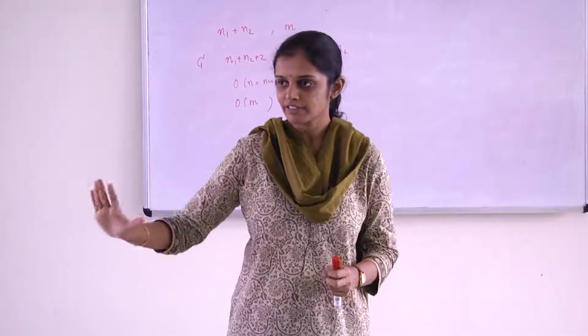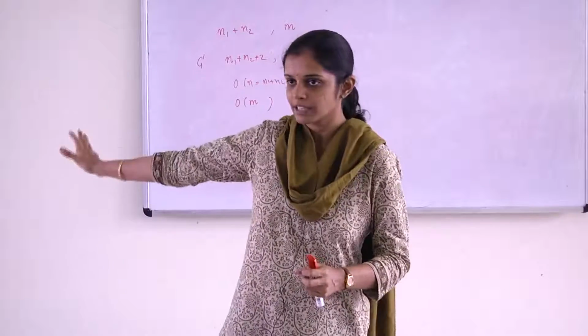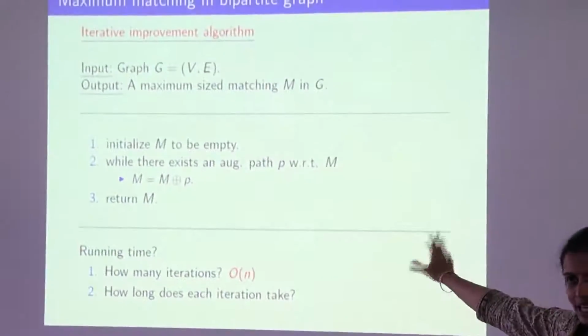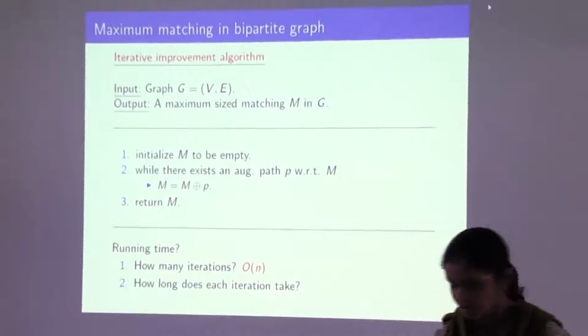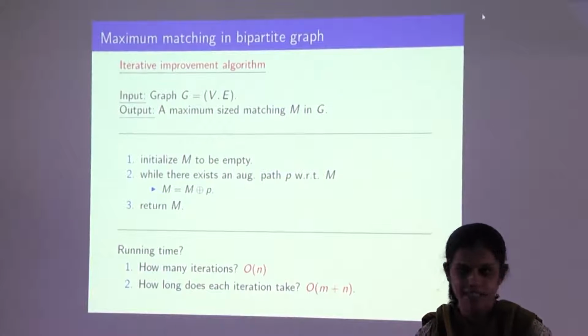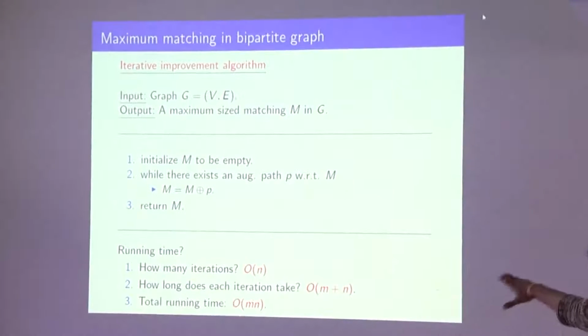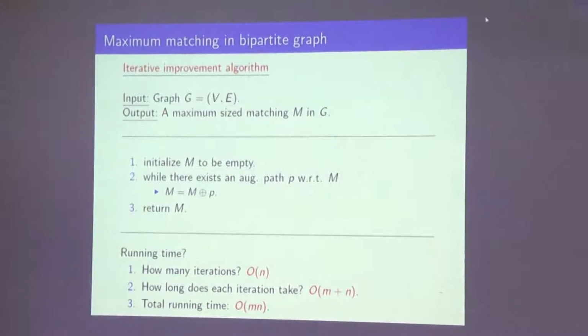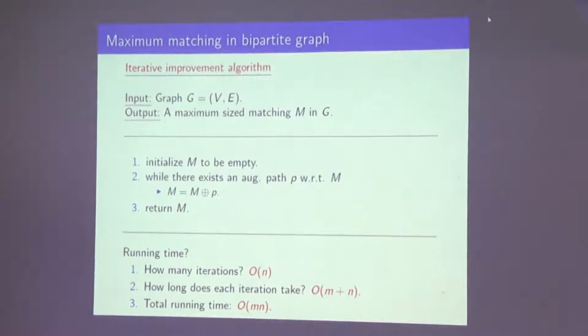When you have found the largest size matching, the reachability question is going to give you a no. Therefore, you will do n by 2 iterations, or order n iterations of this. It's hiding a constant, but it's in fact less than or equal to n by 2 iterations of this algorithm. And each iteration takes order m plus n time. Therefore, you have indeed achieved an mn algorithm for this problem, that is m times n, where m and n were your original parameters.